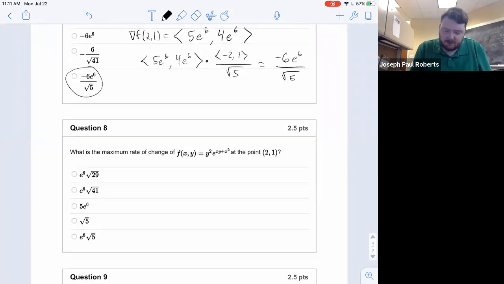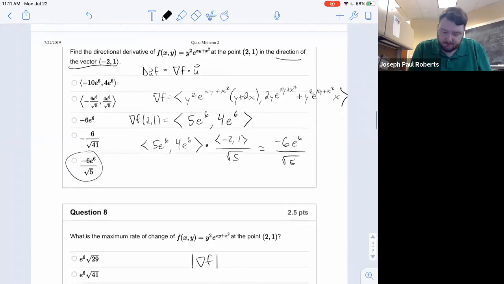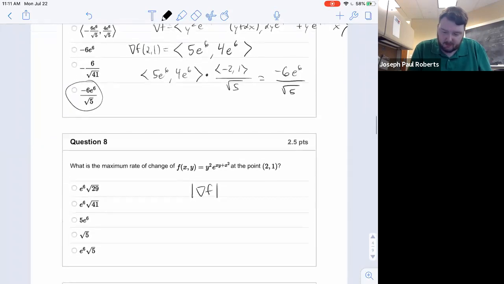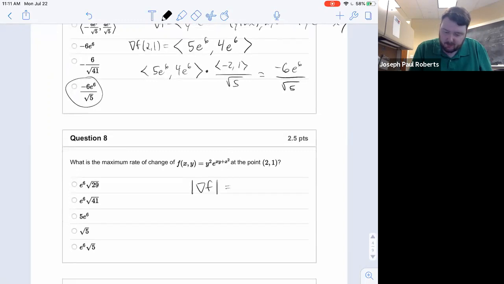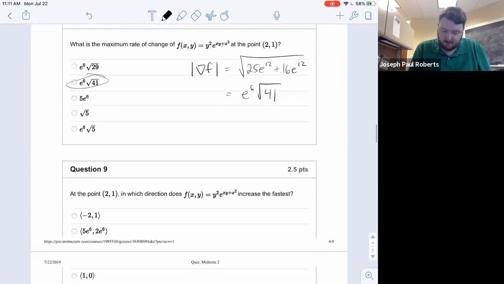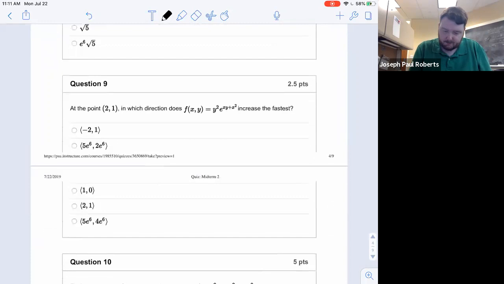And then maximum rate of change, remember that really is just the length of the gradient, which is the length of ⟨5e^6, 4e^6⟩, so what, 25e^12 plus 16e^12, which is e^6 times the square root of 41. And then the direction of maximum increase is really just the